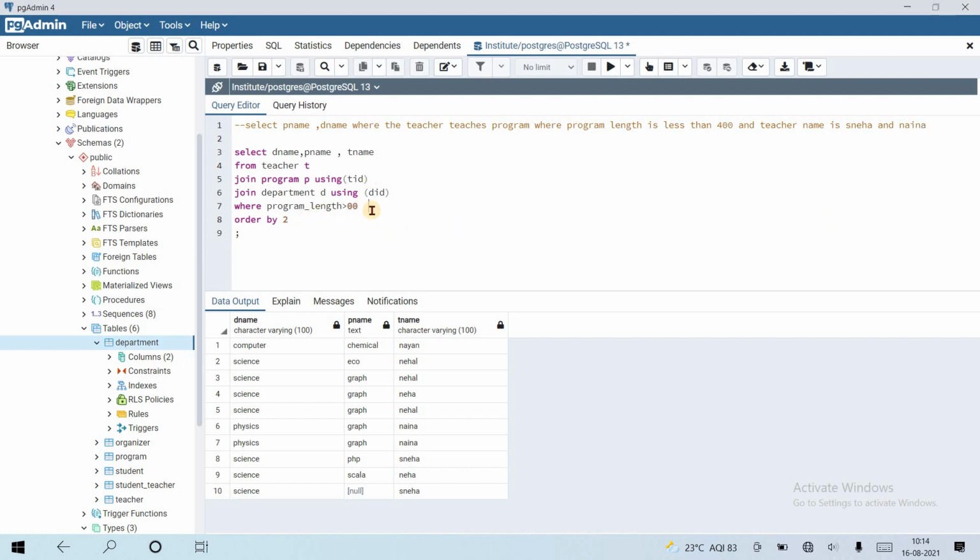So in the where clause we need to type and t name in, use the in keyword, and inside parentheses pass the names of the teachers: Sneha and Nayan.